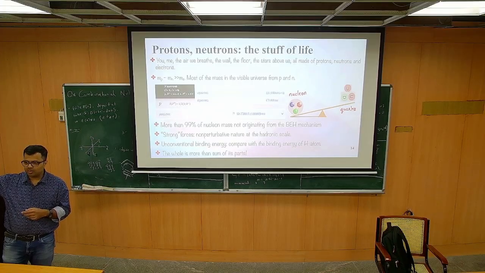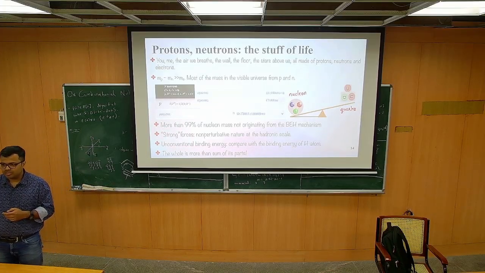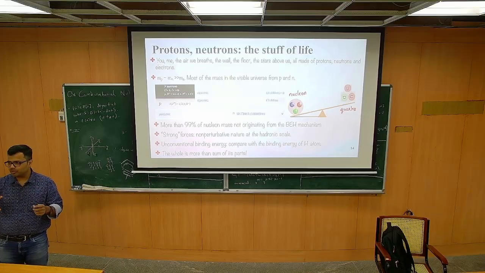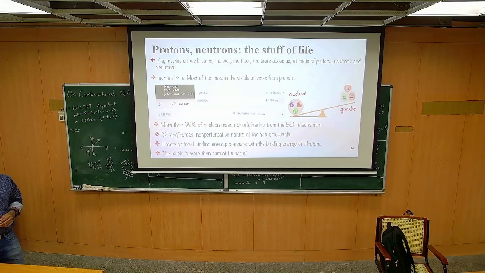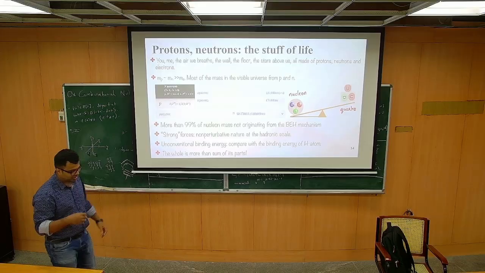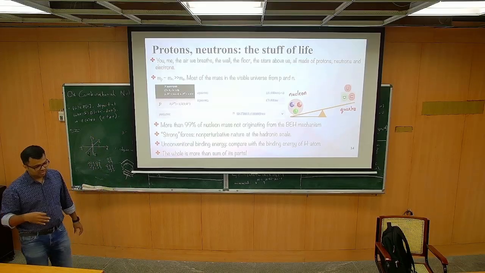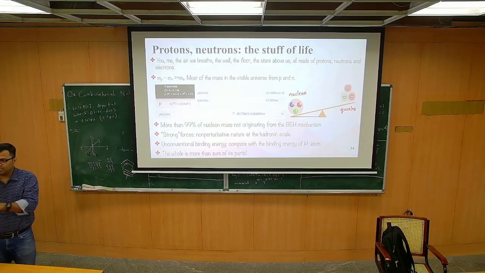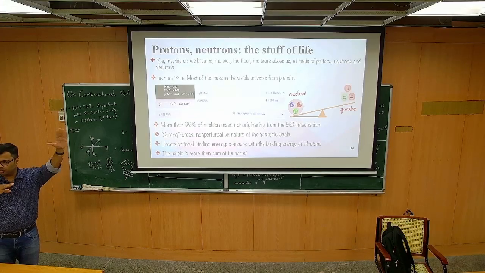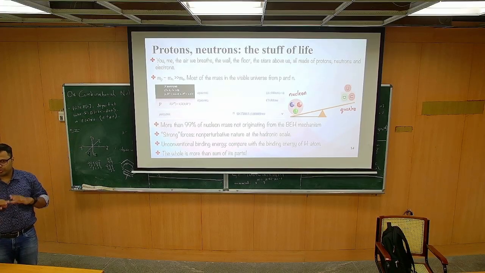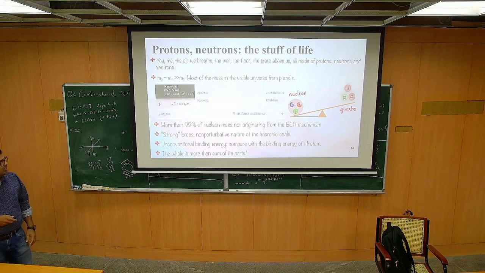Then all these corrections due to something that we cannot explain are basically small corrections, or perturbative corrections. And any theory or system that you approach with the assumption that the correction is a very small quantity compared to the original exactly solved system is referred to as a perturbative approach. Now here we have a scenario where the mass of the individual things is very small, while the correction to the entire system is very large. And this is a classic example of the case where the whole is more than the sum of its parts.